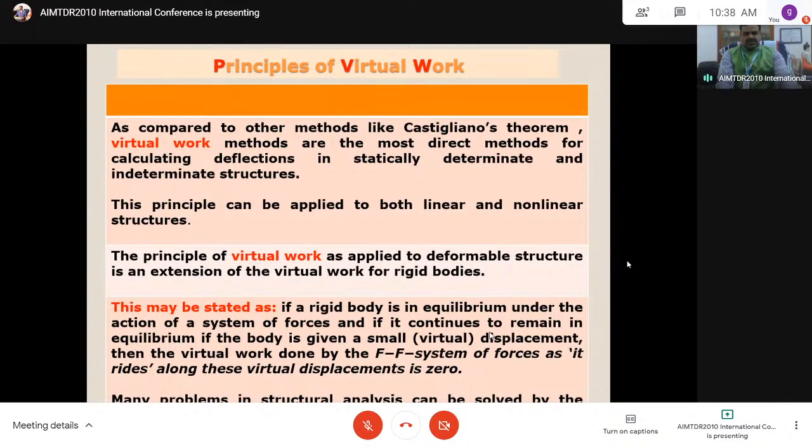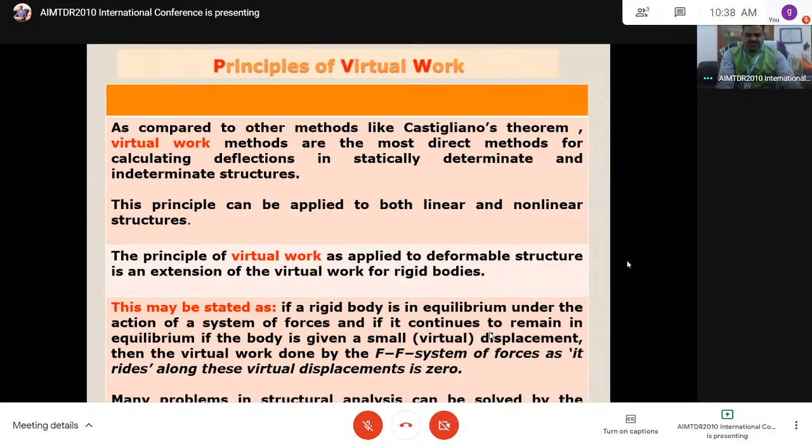That is, not only rigid bodies, deformable bodies also, this principle can be applied. That's why we are considering internal forces as well as the external forces. Or in other words, this may be stated as, if a rigid body is in equilibrium under the action of